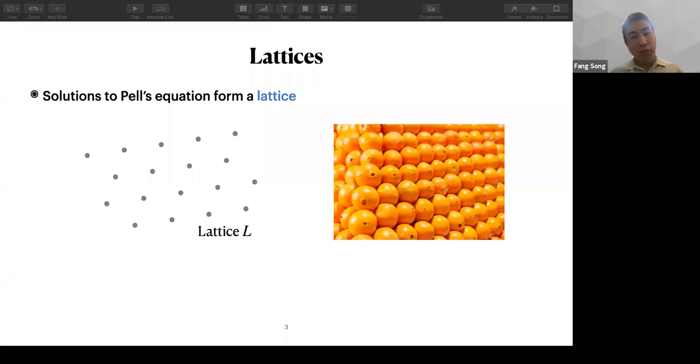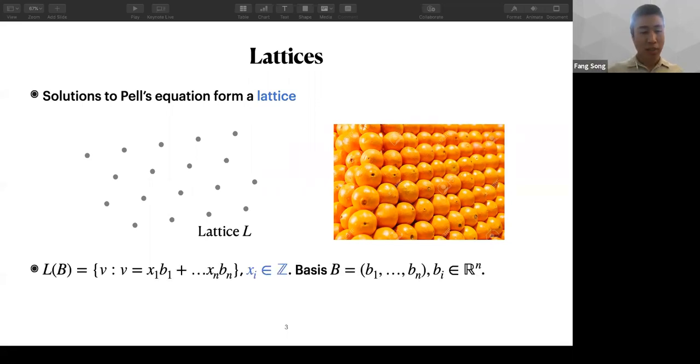In modern algebraic number theory, mathematicians have figured out the solutions to a Pell's equation have a very nice geometric structure, which we call a lattice. So there are points in the space which are regularly spaced. Think of a grid or a pile of oranges, if that makes sense. So mathematically,